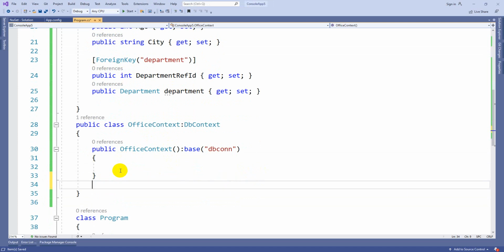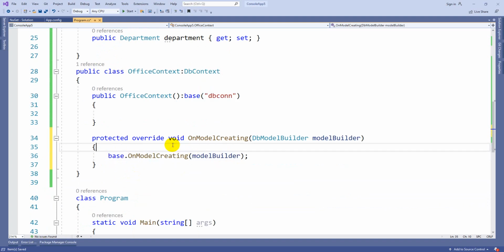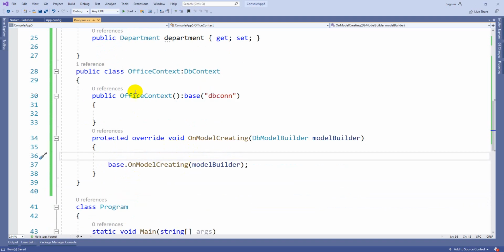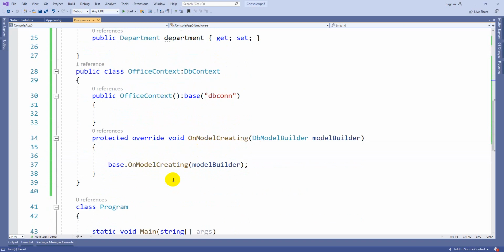Whenever you want to use Fluent API properties, you can take a protected override method. There is a method called OnModelCreating. Whenever you write protected override, there are some four methods. We won't use all of them, just target the OnModelCreating method. Here you can write the properties which the system needs to consider before or while creating the model. I can write many properties here. First, how to set a foreign key without writing an annotation or without following the naming convention. Then you can write the foreign key mapping and primary key mapping.